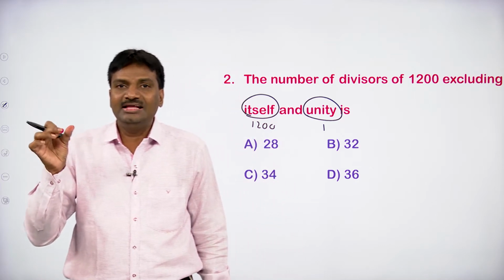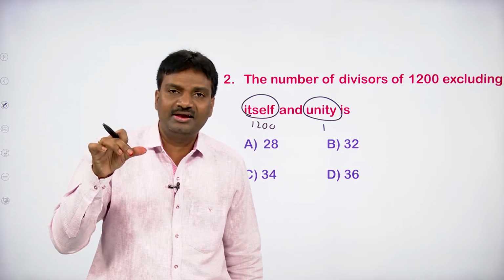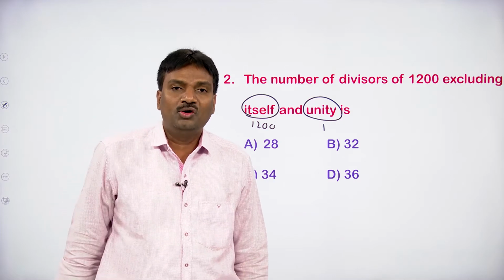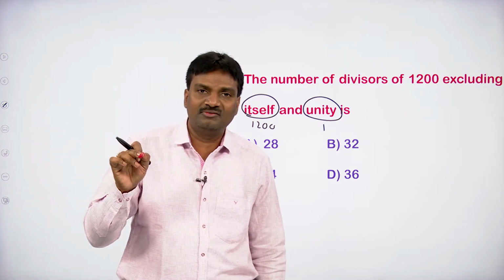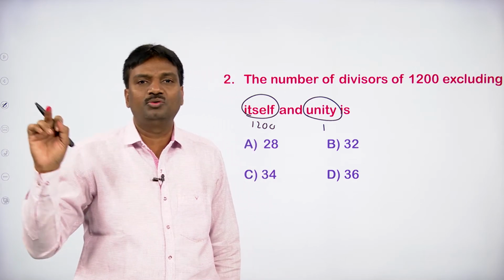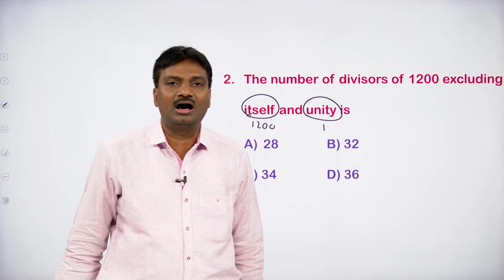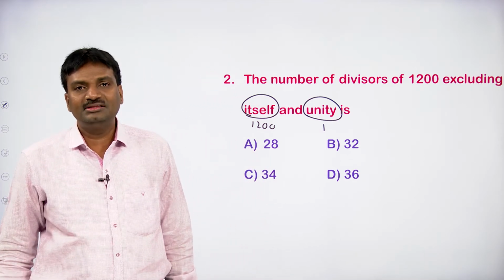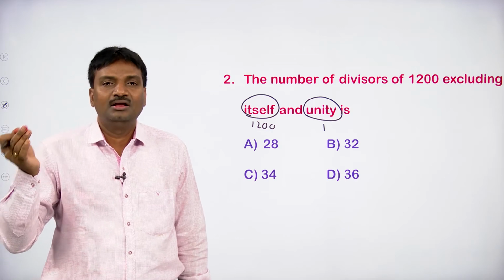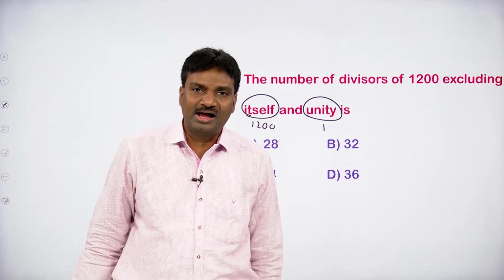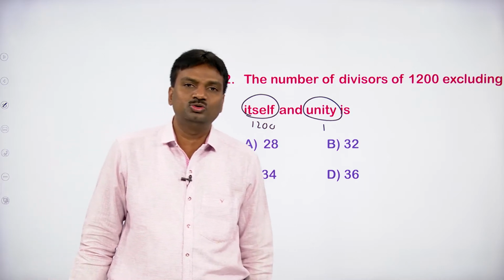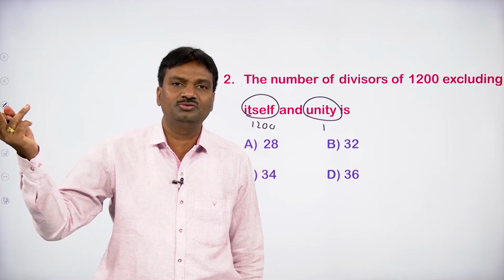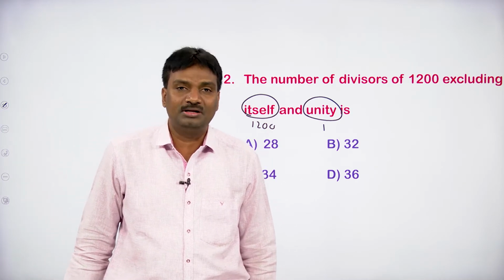So before finding the number of divisors of the given natural number n, we have to express the given natural number n as p1 power alpha 1 into p2 power alpha 2 into so on, pk power alpha k. After expressing the given number like that, to find the number of factors, we have to use the formula (alpha 1 plus 1) into (alpha 2 plus 1) into (alpha 3 plus 1) into so on (alpha k plus 1).